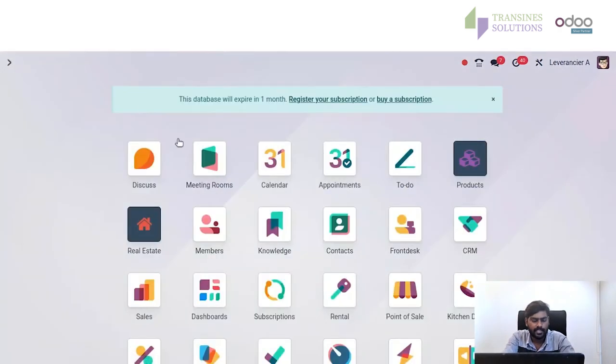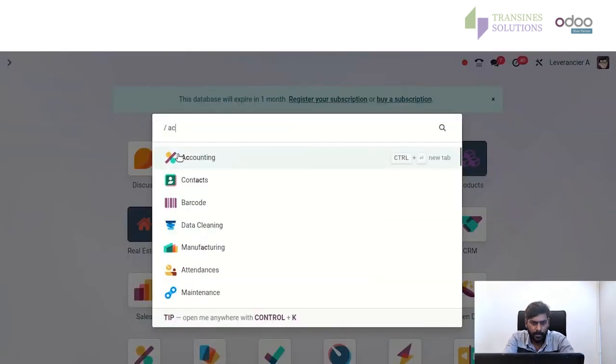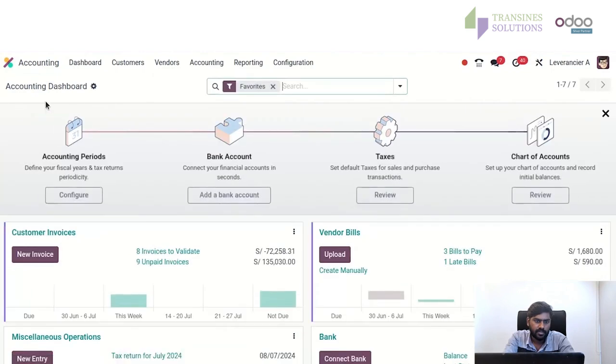And we can track this credit note in the accounting module. In accounting, here there is customers. Under here